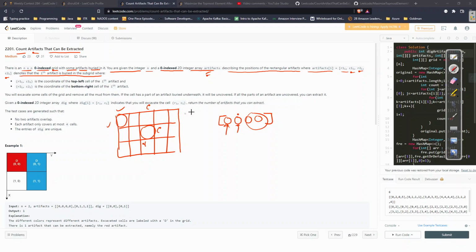So this particular artifact is present in this rectangular portion.